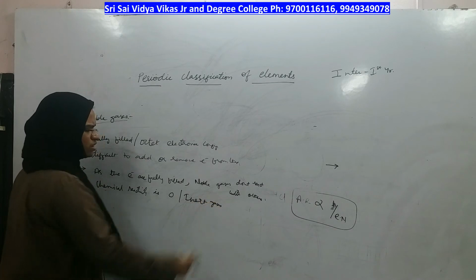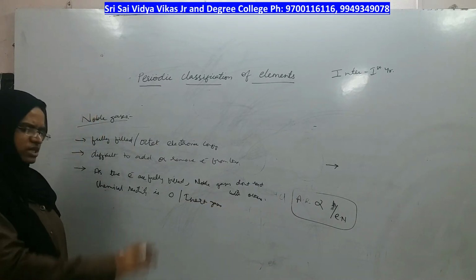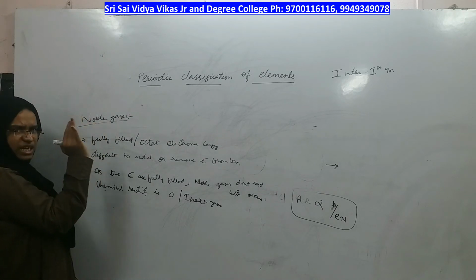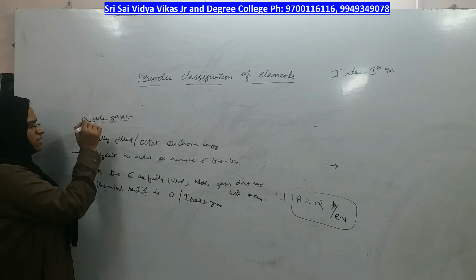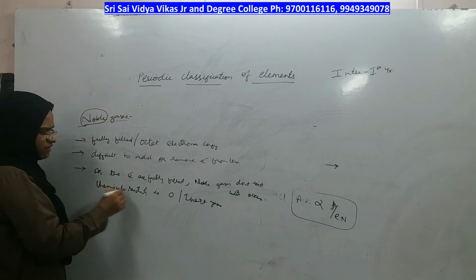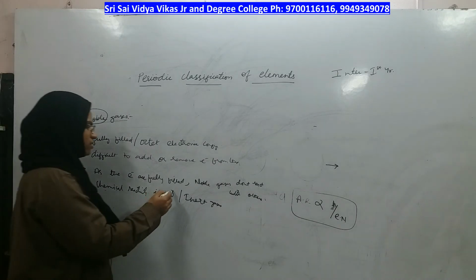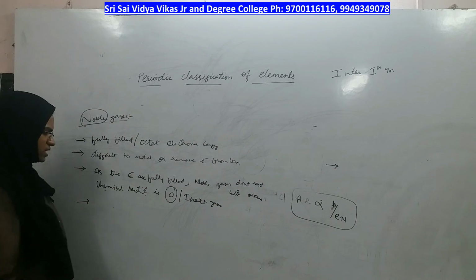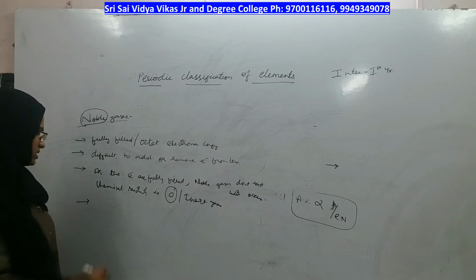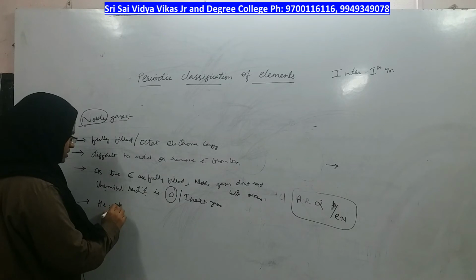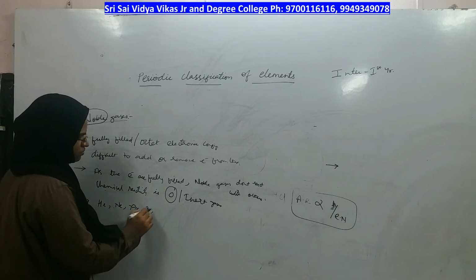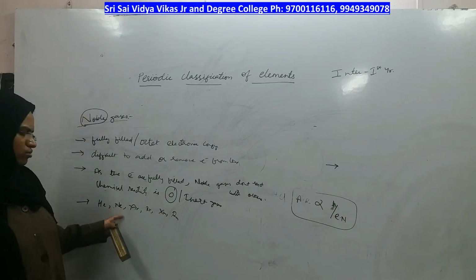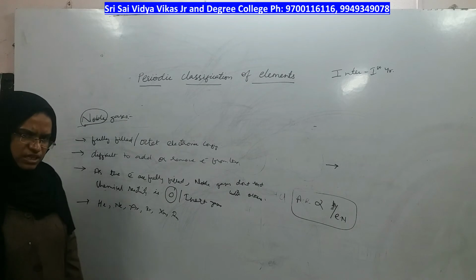As their chemical reactivity is zero, noble gases are also called zero group elements or inert gases. Inert means those that don't react. Whatever you do, they don't react, so they are called inert. Their configuration is ideal, with no need to add or remove, which is why they are called noble. These are the special characteristics of noble gases, and the noble gases are helium, neon, argon, krypton, xenon and radon.